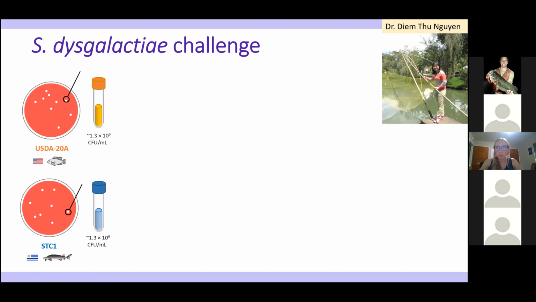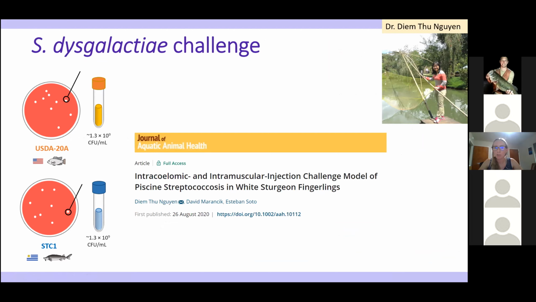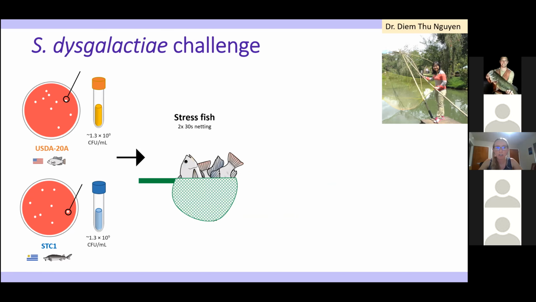And we started to do a little bit of work on looking at what that might mean. Thu, an awesome postdoc in our lab, ran a challenge comparing one of those USDA strains and a sturgeon strain, using a challenge model she developed for sturgeon with S. iniae. Challenge models for Streptococcus are a whole other interesting tangent, but it can be tricky to find the right challenge model to mimic natural disease. And she did an awesome study that found that intramuscular challenge following a period of stress is a great way to reproduce the disease. So that's what she did for the S. dysgalactiae,